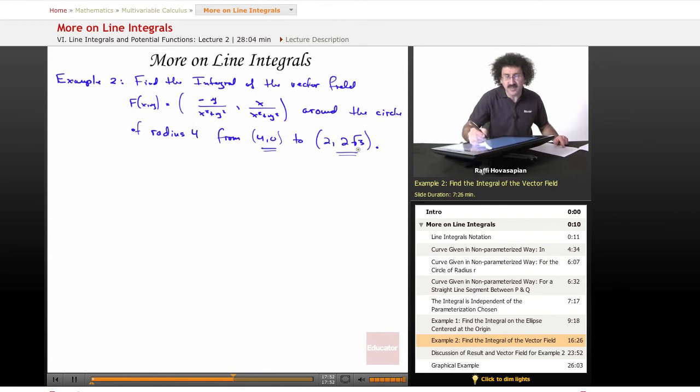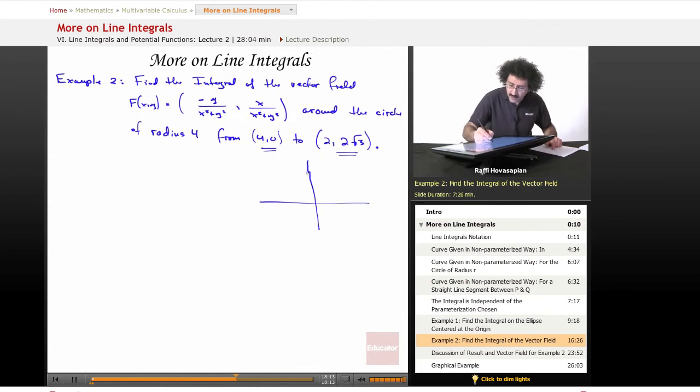So in this particular case, they're actually giving us two specific points. We're going from this point to this point. So in order to find the parameterization, we're going to have to find the lower and upper limits of integration. We're going to have to convert this point and this point to t values based on the parameterization that we choose. Okay, so let's go ahead and do a little geometry here just to see what this looks like,